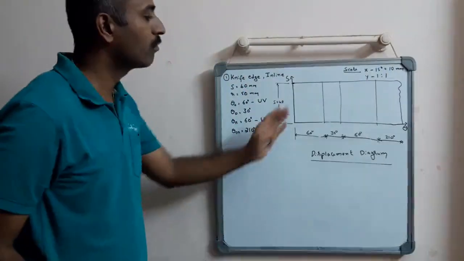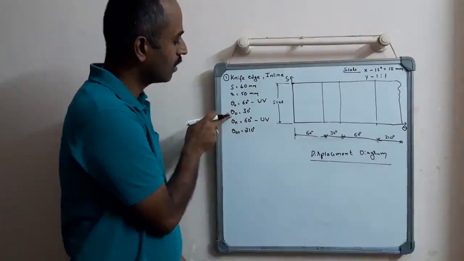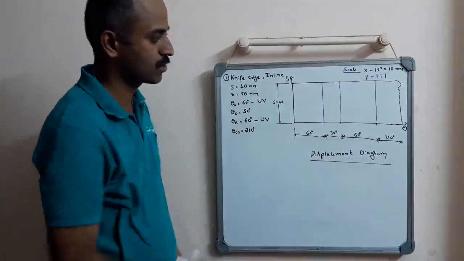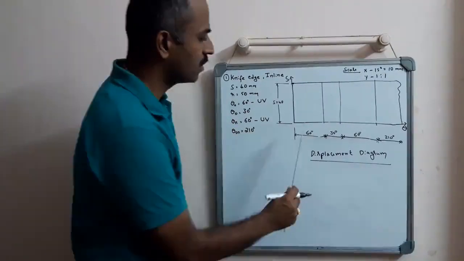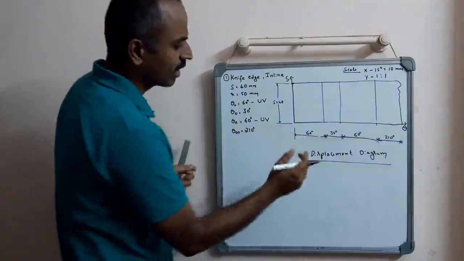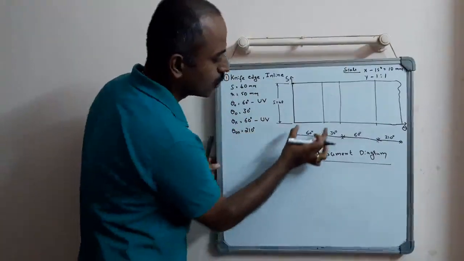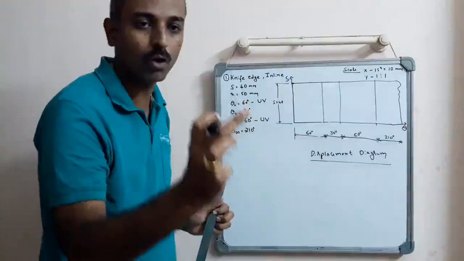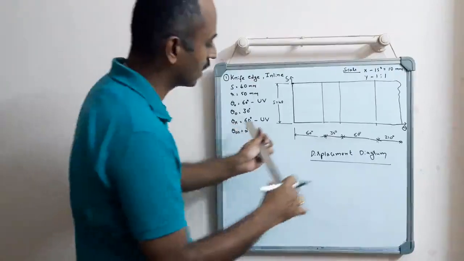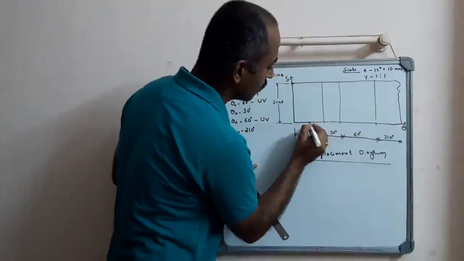Okay, now we have 4 regions corresponding to outstroke, dwell, return and dwell after return stroke. So we'll just concentrate on outstroke and return stroke. Divide the outstroke as well as return stroke into 6 equal parts. So 4 centimeter, that is 40 by 6 approximately using scale, divide it into 6 equal parts.